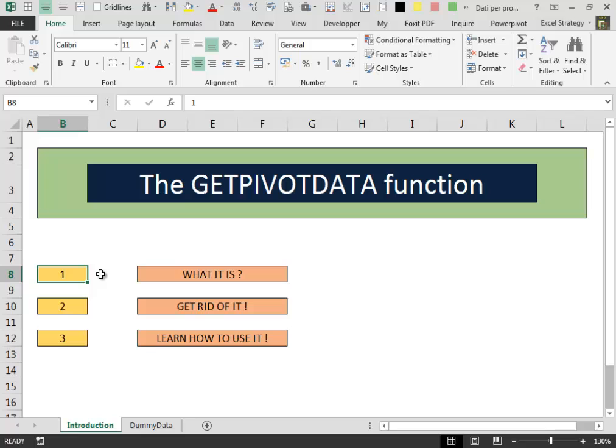In this video I'm going to talk about the GETPIVOTDATA function, and we will try to give an answer to these questions: what it is, how to get rid of it, and how to use it properly. To show you what the GETPIVOTDATA function is, we will switch to